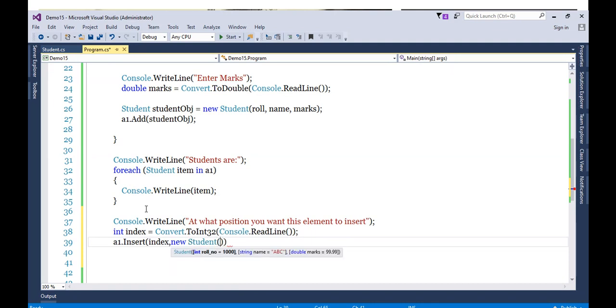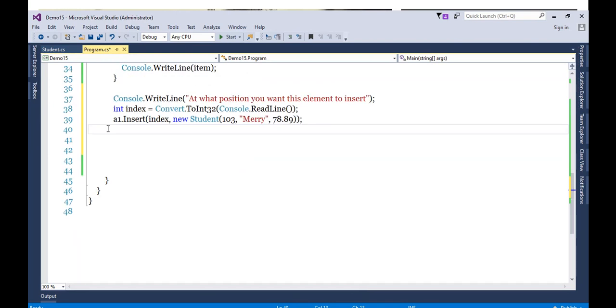So new Student, let's provide some values: 103, comma, let's give some name, for example Mary, and let's specify some marks, for example 78.89. That's it. So whichever index you give, at that index position this object will be inserted.